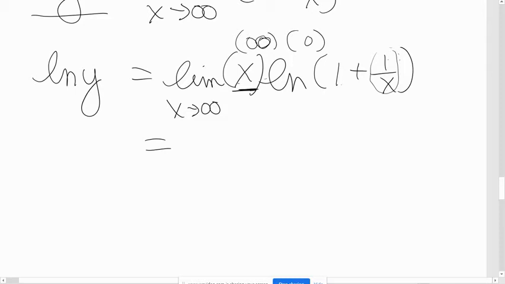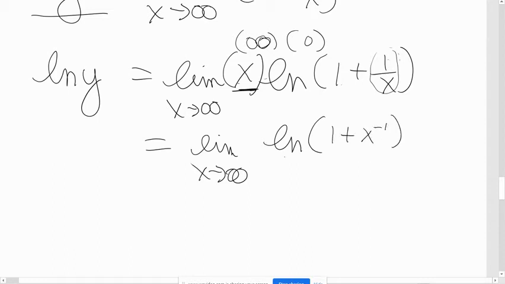All right, so I'm going to erase this, and then we'll rewrite this to go to L'Hopital's, very similar to the last problem. So I'm going to do the limit as x approaches infinity, and I'm going to do the natural log of 1 plus, okay, so I'm going to rewrite that as